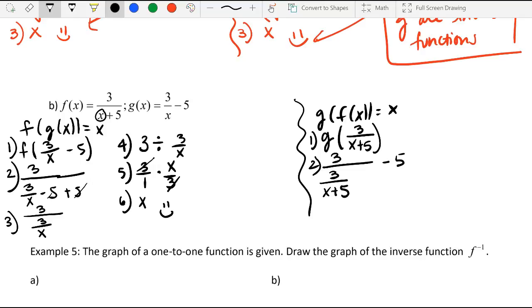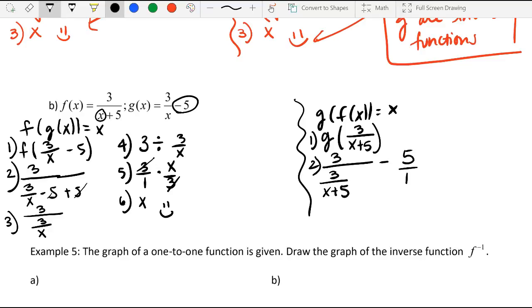Take 5 over here. What would be wrong is if you write minus 5 here, so this is not okay. This 5 right here is on the side. So when you are writing that minus 5, make sure you understand that it goes like this,